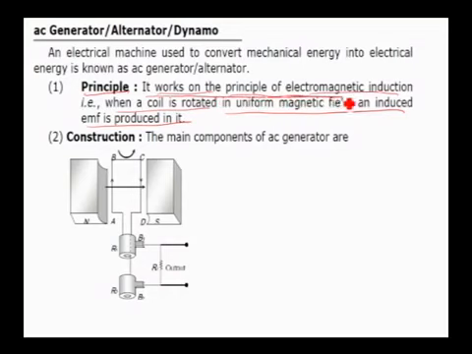It works on the principle of electromagnetic induction, that is, when a coil is rotated in a uniform magnetic field, an EMF is produced in it. Just look at the magnets N and S. These are the powerful pole pieces of the magnet. A cylindrical magnet is used. We have an armature coil A, B, C, D. It is connected to two slip rings, slip ring 1 and slip ring 2, R1 and R2. Now there are two brushes B1 and B2 which are pressed against the rings, and that is connected to a load through which output can be measured.